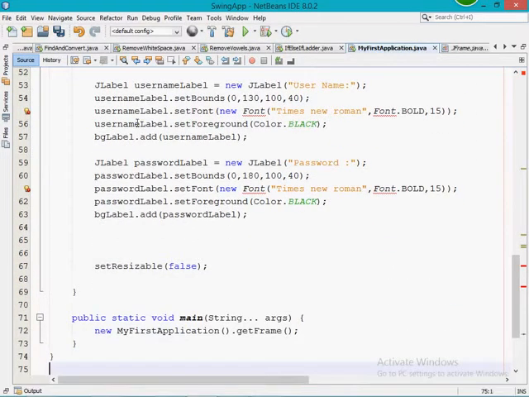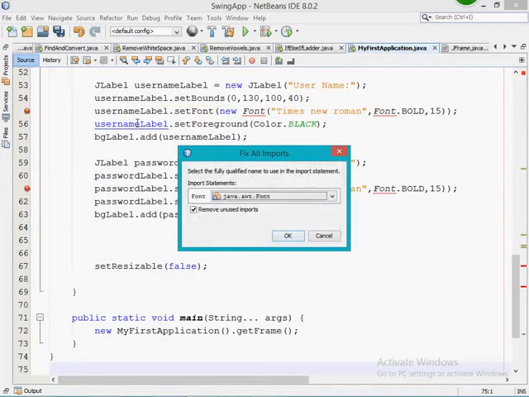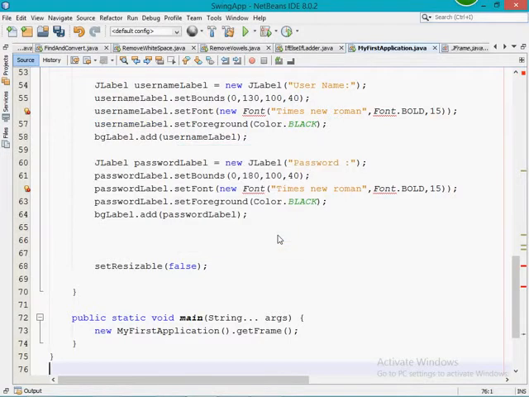I'm going to explain what I'm taking and what I'm doing, so no need to worry if you're not getting all the things. Slowly you will have the idea of what I was doing, and in the final video I'm going to explain all the things. That will be a slightly longer video. Okay, so let's start. Here what I did is I took two more labels, that is the username label